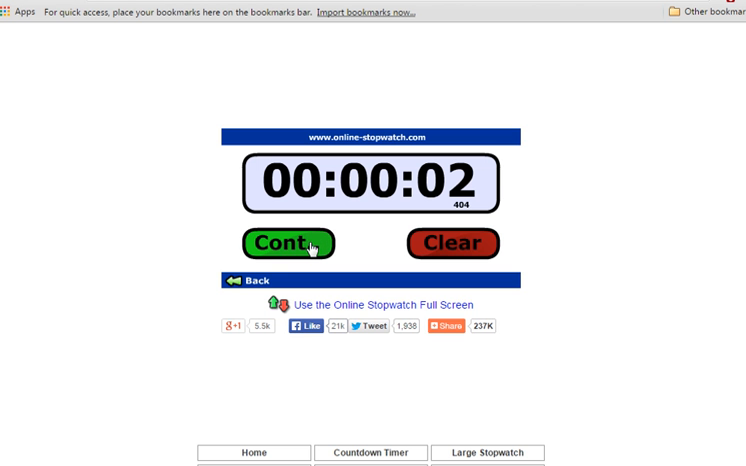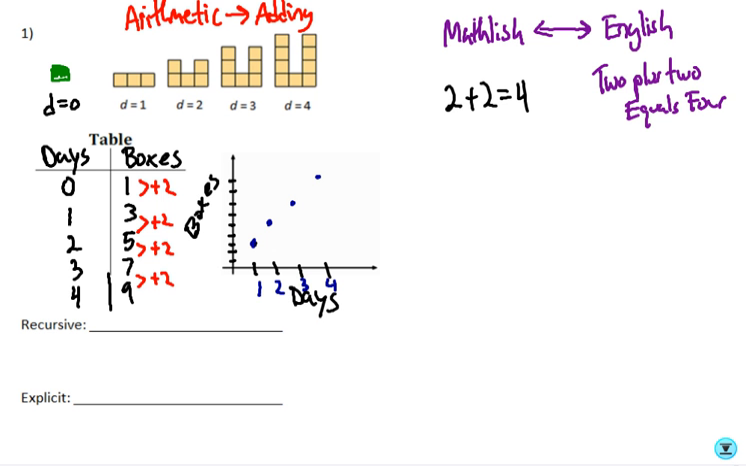So the difference is that maybe when they give us the problem, maybe they're not starting at 0. Maybe they tell us, oh, this is what's happened after 2 or what's happened after 3. But what we want to do is start at 0. So it must have been that there was 1 box on day 0. So now the